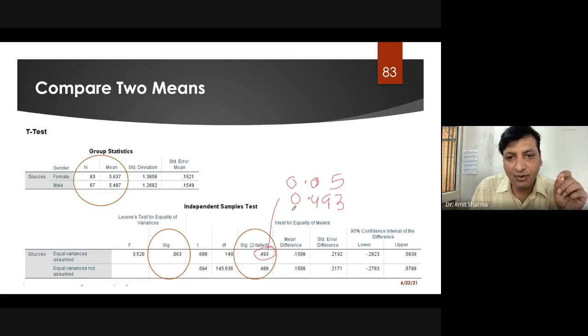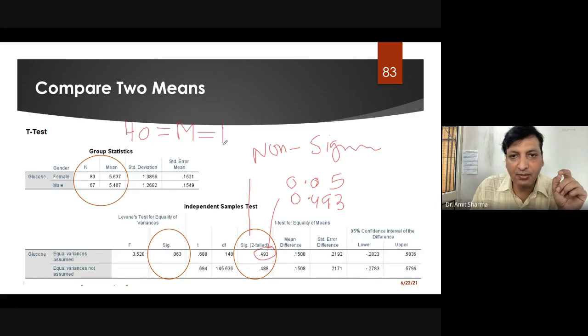Our test results are found non-significant. It means we are not able to reject the null hypothesis, which was saying that male have a similar plasma glucose level as compared to female.